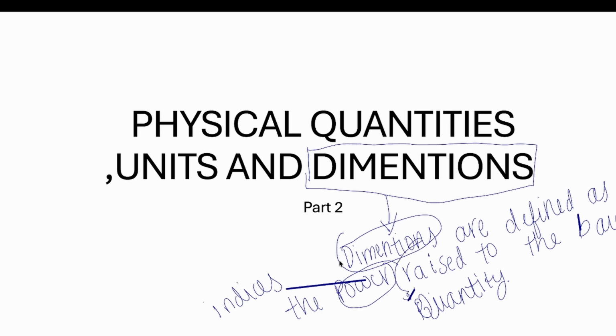Okay, let me write an example. Let me take the example of mass. When I write m power 1, that effectively means it is m. When I write m power 2, it means m into m, that is m square. So moving on,